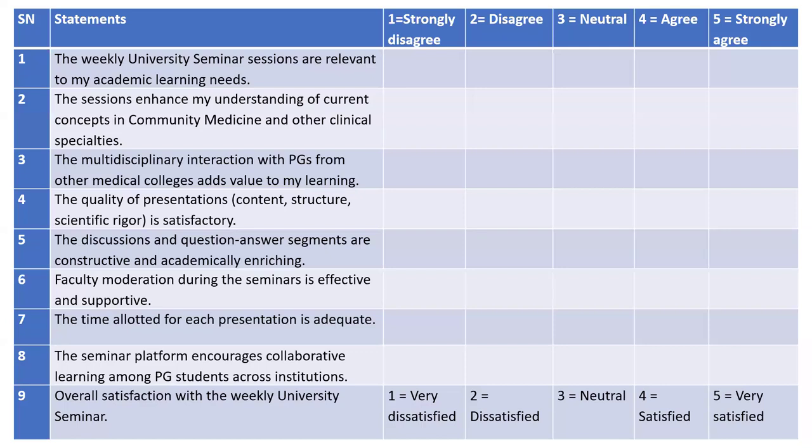Now, this is an example of a tool which you will use, say, again, going back to the university seminar. Now, I want to understand the perception, the feelings of the postgraduate students who are attending the university seminar. So, if I want to use a quantitative tool, I will use a Likert scale and I will have 9 or 10 questions and I will ask them to mark on this Likert scale. So, there are different sentences and this becomes a quantitative research for understanding the perceptions of PG students regarding university seminar.